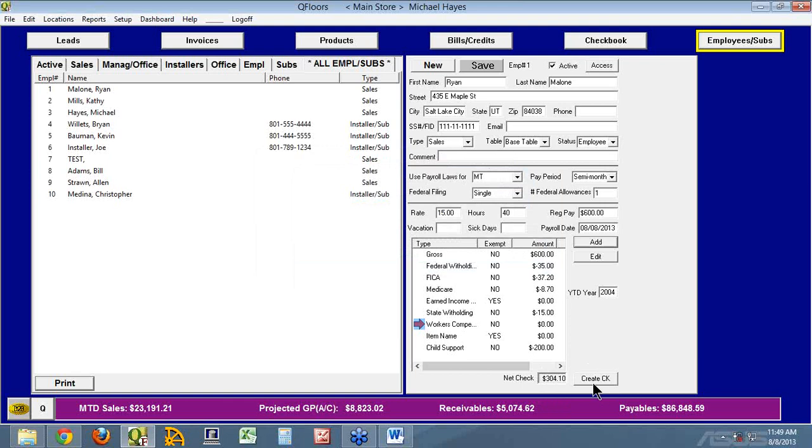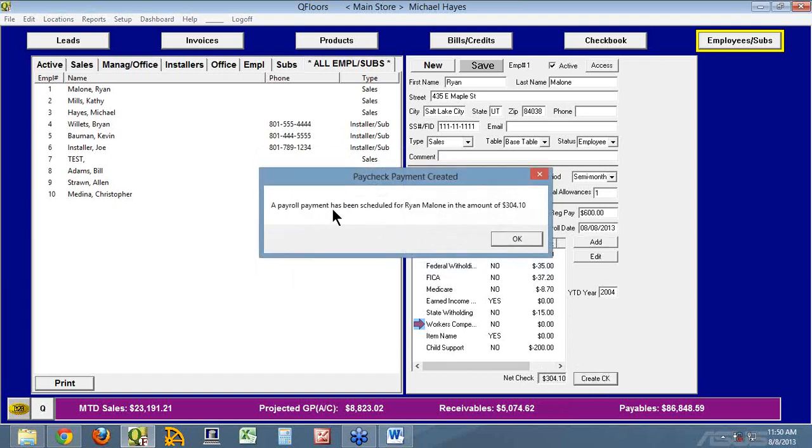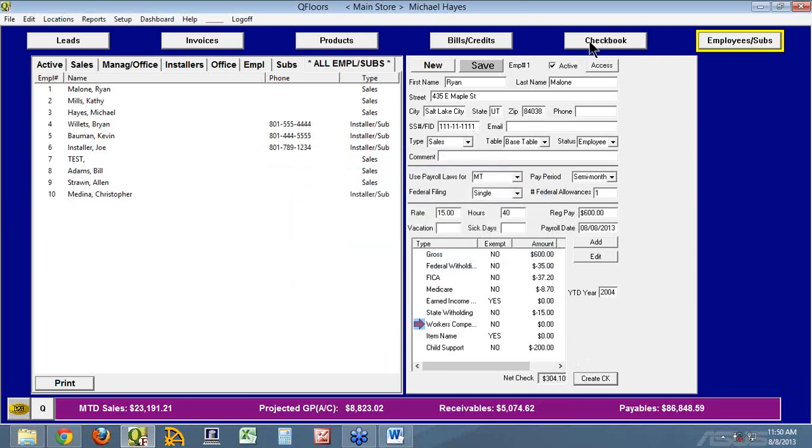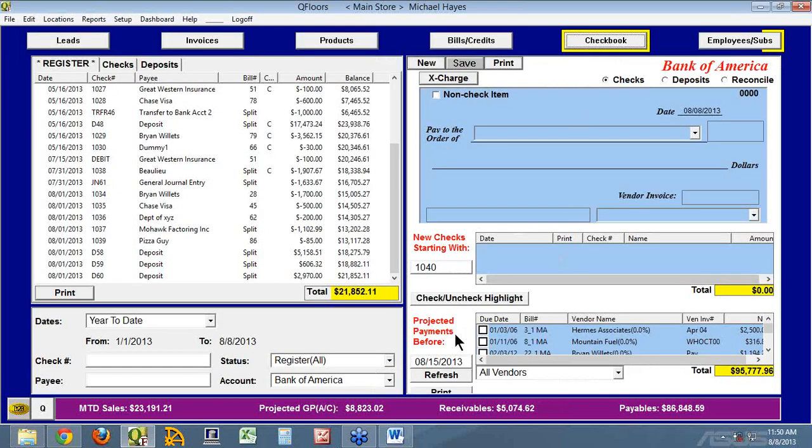Really, this ought to be labeled create bill, because it doesn't actually create the paycheck. It doesn't print a check right away. You'll get a message, a payroll payment's been scheduled for that person in that amount. Okay. And in the checkbook screen, when you refresh,